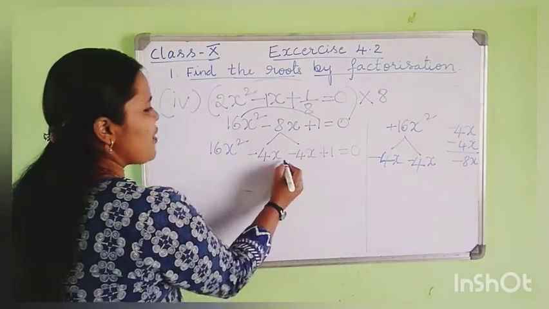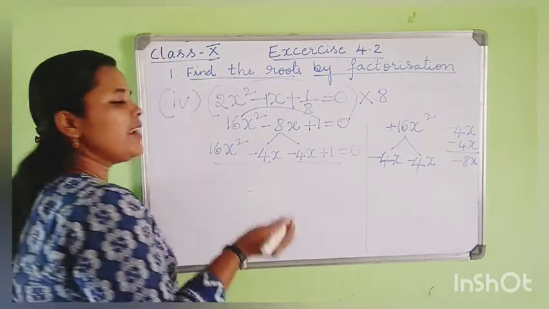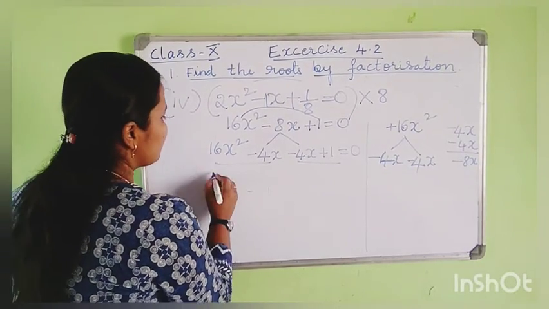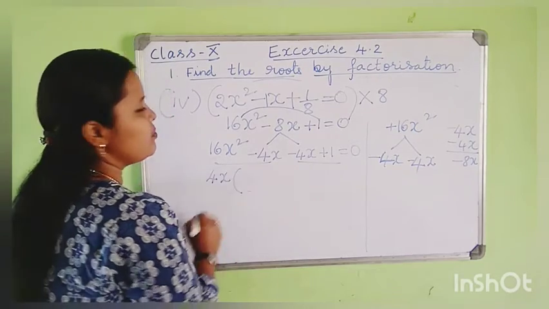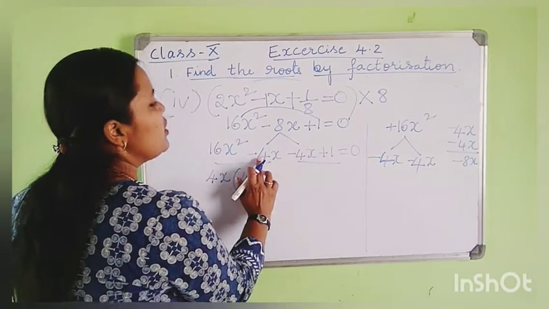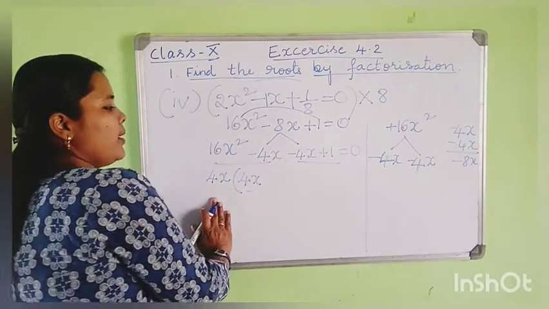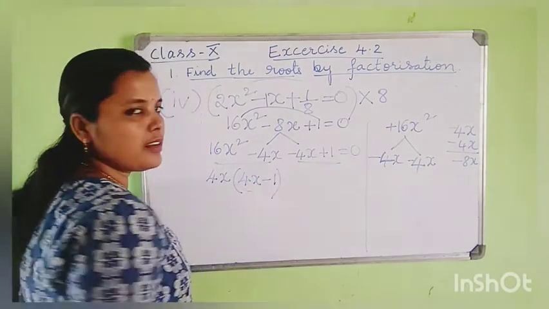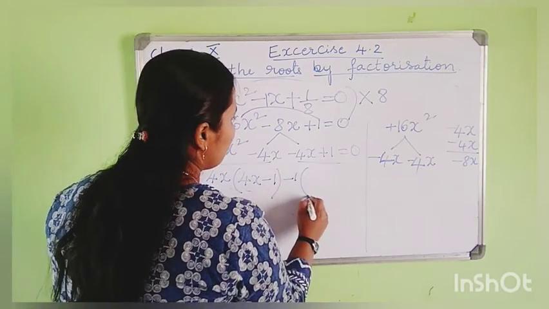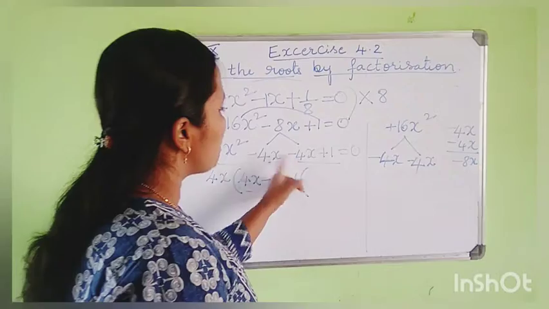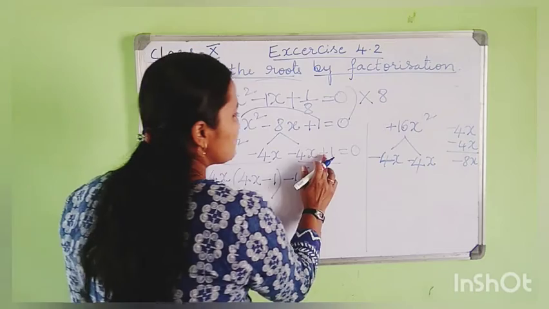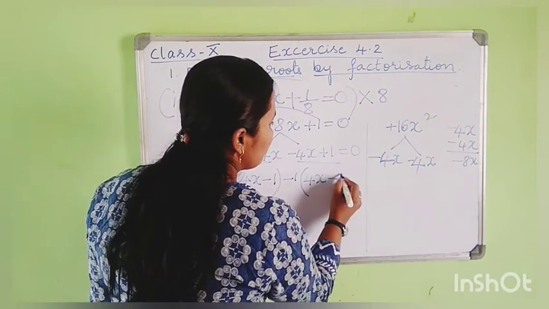Now group the two factors here and take out common. Here 16 can be taken as 4 4s, and we have x square. You can take out 4 and x on both the sides common. What is remaining here? 4x. If all the factors you have taken out common, the remaining 1 you should write. Now if there is no common, you have to take minus 1 common. So when you take out minus 1, the inside sign changes. This becomes minus. Plus becomes minus.